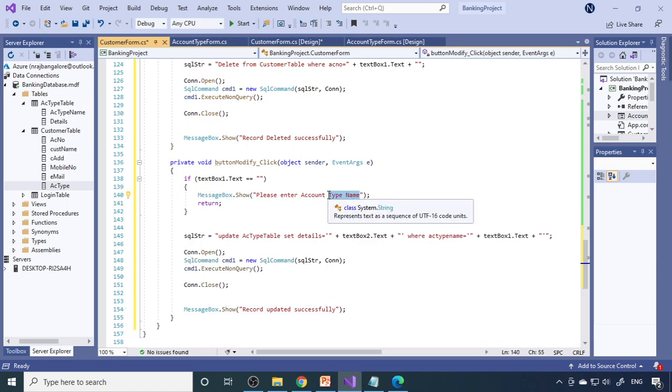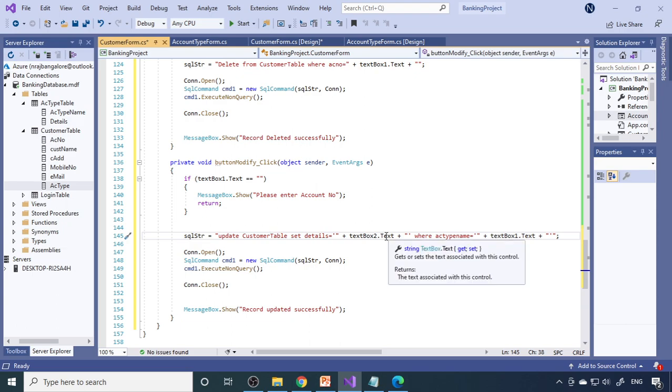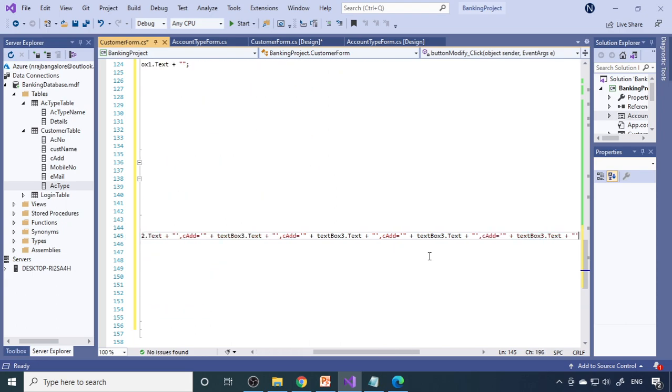So this is account number. This is a customer table. Right. So details. Okay. So this is details. Instead of details, you have to write customer name, second column. So I can copy this, put comma over here and then paste. So now after customer name is the address. So this is 3. I'll copy with comma 3, 4, 5, 6. Okay. So this address. Next is the mobile number.